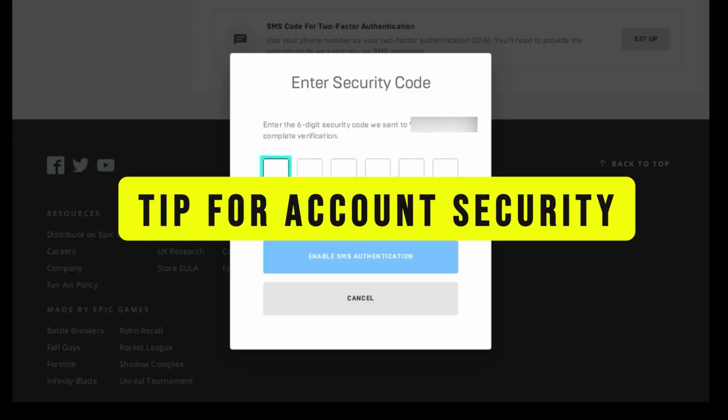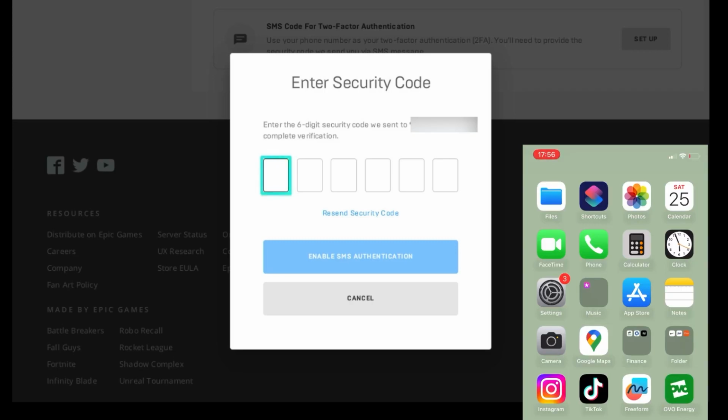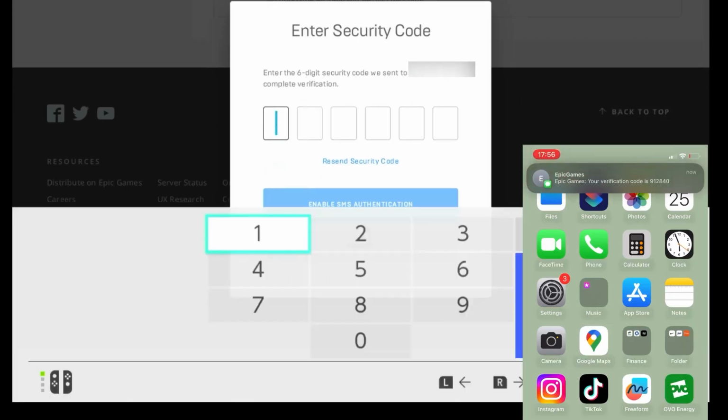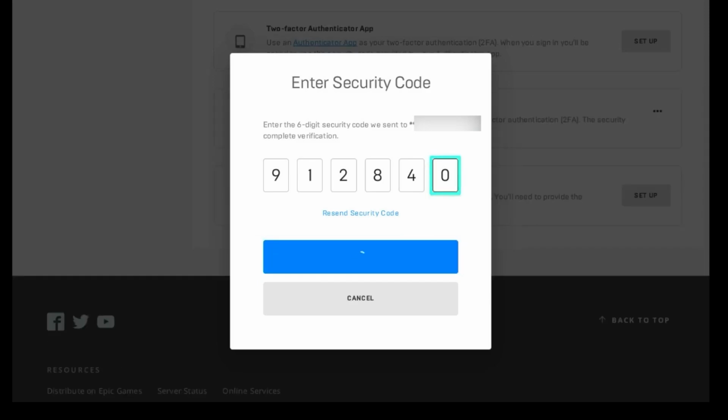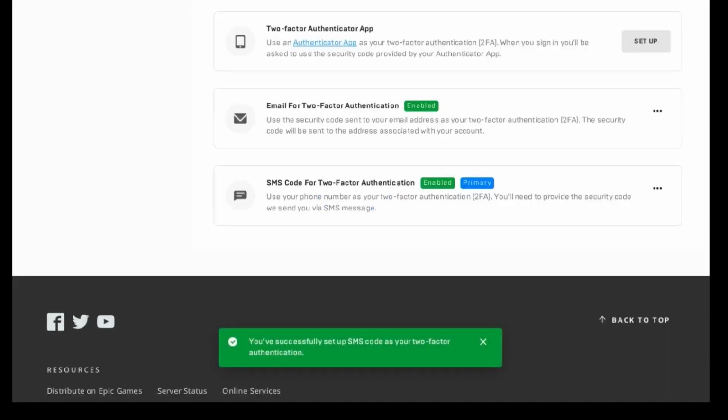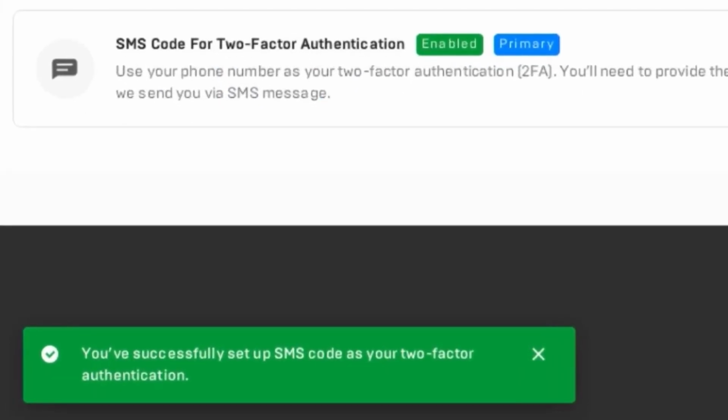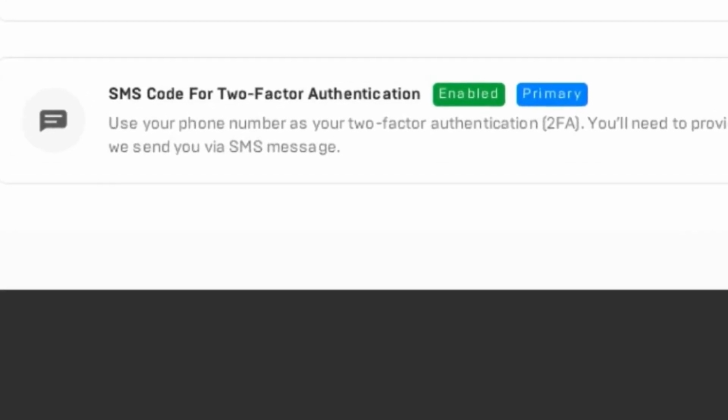Tip for account security. Remember, with 2FA enabled, logging in will require an extra verification step, providing added security against unauthorized access to your Fortnite account. And there you have it, a simple way to turn on two-factor authentication for your Fortnite account, keeping your gaming